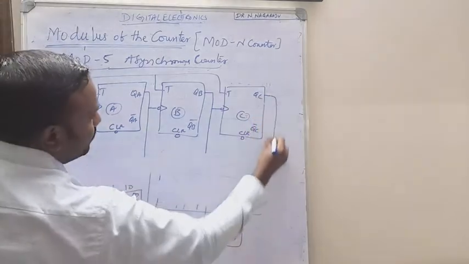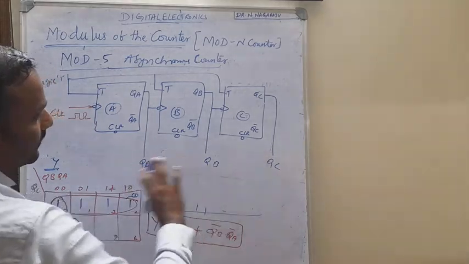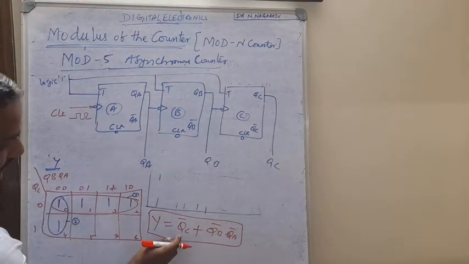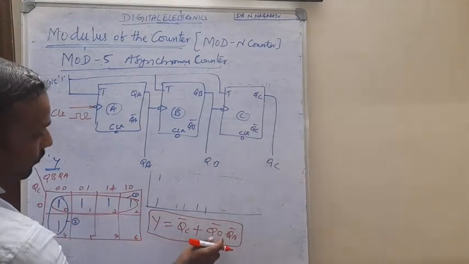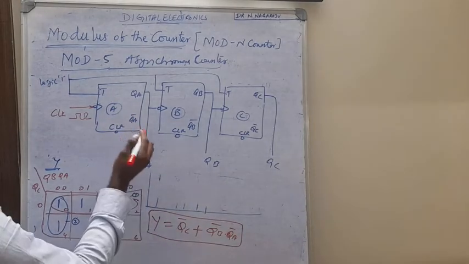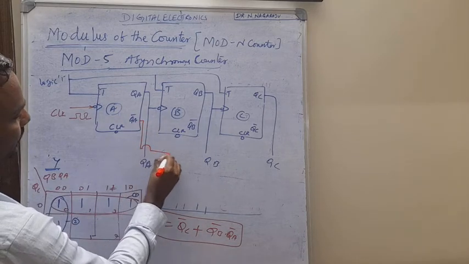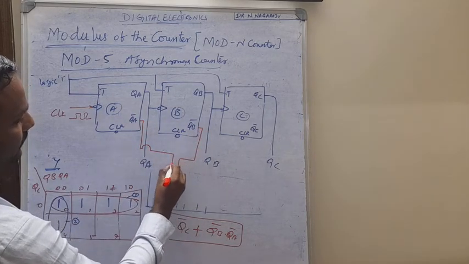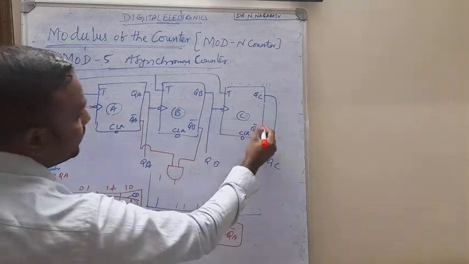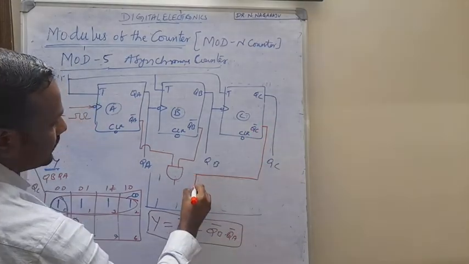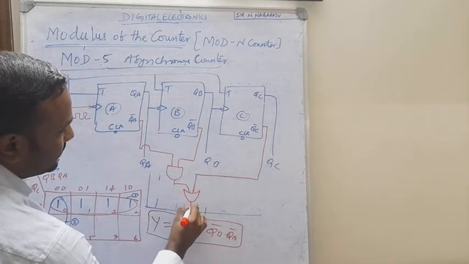At this point, what is the output here? QC, QB and QA. So these are the counter outputs. Now the reset logic is there, no? So Y is equal to QC bar plus QB bar dot QA bar, right? So here QB bar and QA bar are directly available, right? So just take the output. Okay, so QA bar and QB bar, just make that as one AND gate, right? And that is connected to what? The OR gate operation. So you just take this one and this one and make it an OR gate. Okay, this is the final reset circuit.